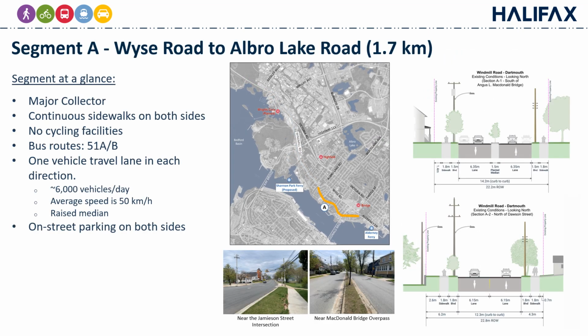Starting with Segment A, this segment runs between Wise Road and Albro Lake Road. This segment is classified as a major collector and carries about 6,000 vehicles per day and has one local transit route. The right-of-way along this segment is approximately 22 meters, and the cross-section includes one travel lane in each direction,